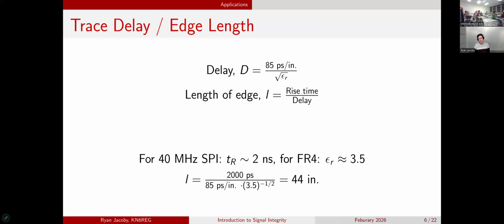And then the length of your edge is you just take this delay factor and divide your rise time by that to get the length. So I have a small worked example here for a 40 megahertz SPI signal that's starting to get fast, starting to get into the realm where you might need to consider this PCB layout. Your rise time is going to be on the order of 2 nanoseconds on the slow end,